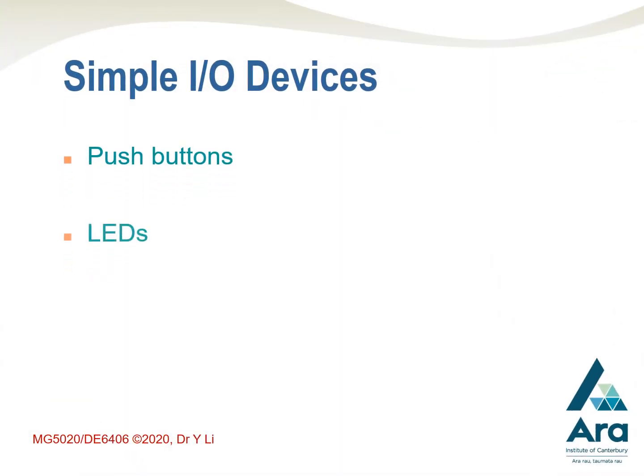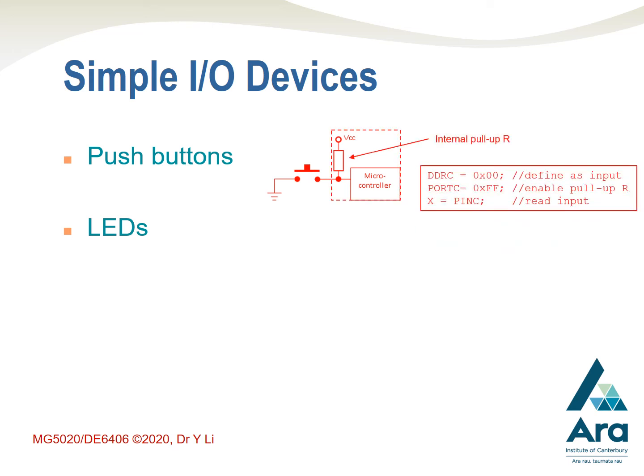Here are some examples using a push button and an LED as simple input and output devices. For the push button, you connect it this way: one terminal of the push button to ground, the other terminal to the input pin of the microcontroller, and then you need to enable the pull-up resistor. So when the push button closes, you get pulled down to 0, so the result will be 0. With the push button open, the value here will be pulled up by the pull-up resistor, so the value will be 1. To achieve that, here's the